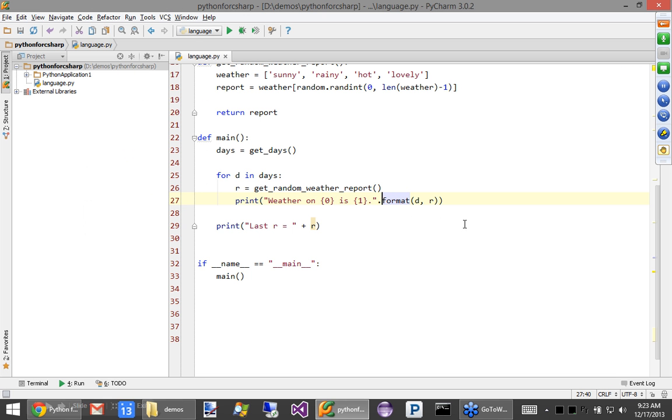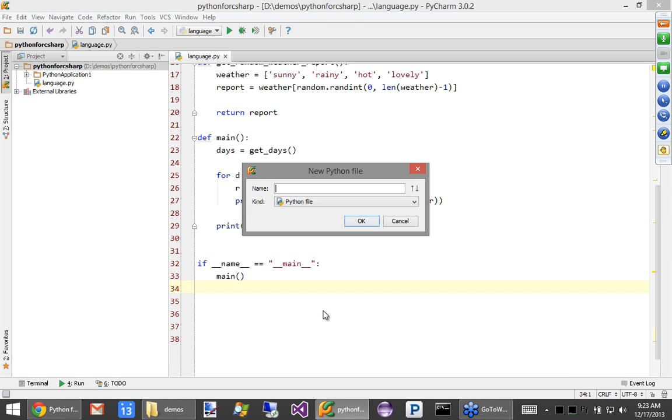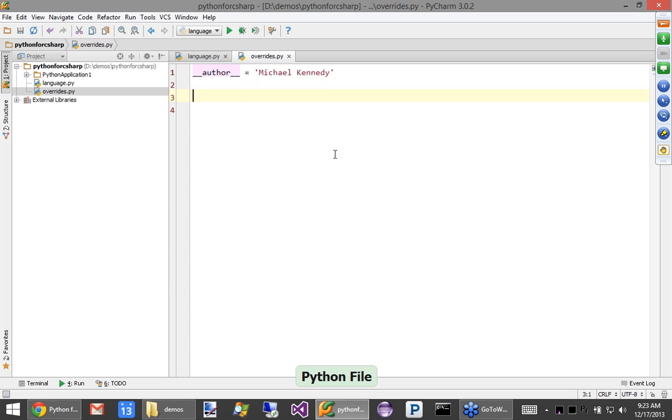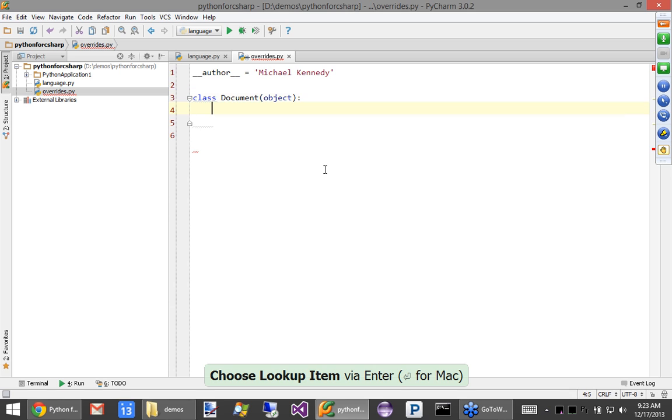So let's go over here really quick and just create a class. Let's say new Python, and we'll call it overrides. Let's define a class called document. Even if we don't inherit from object, we can if we want.